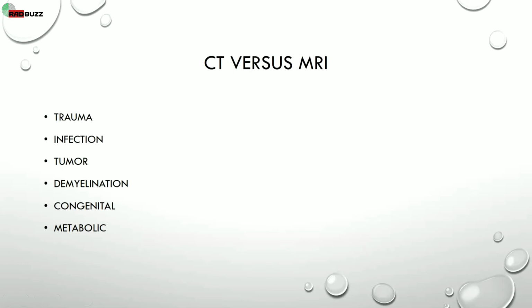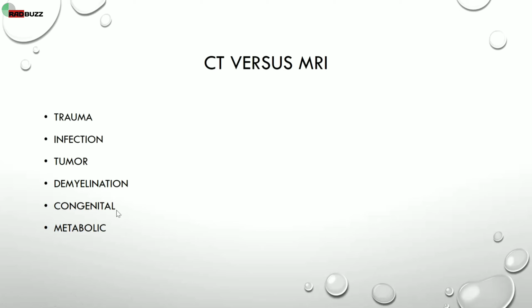Now, when to decide to get a CT or an MR, basically in what situation you should go for them. In trauma, that is the main indication, go for a CT, not for MR. MR is the investigation of choice for the rest of these. Though in infection, tumor, demyelination, and other disorders, CT can be the first modality of choice and you can decide later when to do an MR or not. But in infection and tumor, usually MR is the modality of choice to differentiate, because infection can mimic tumor and